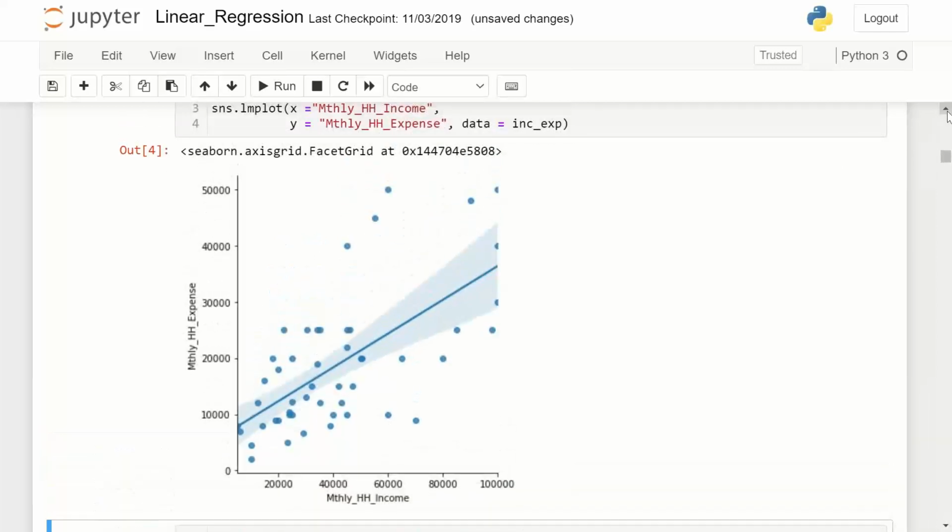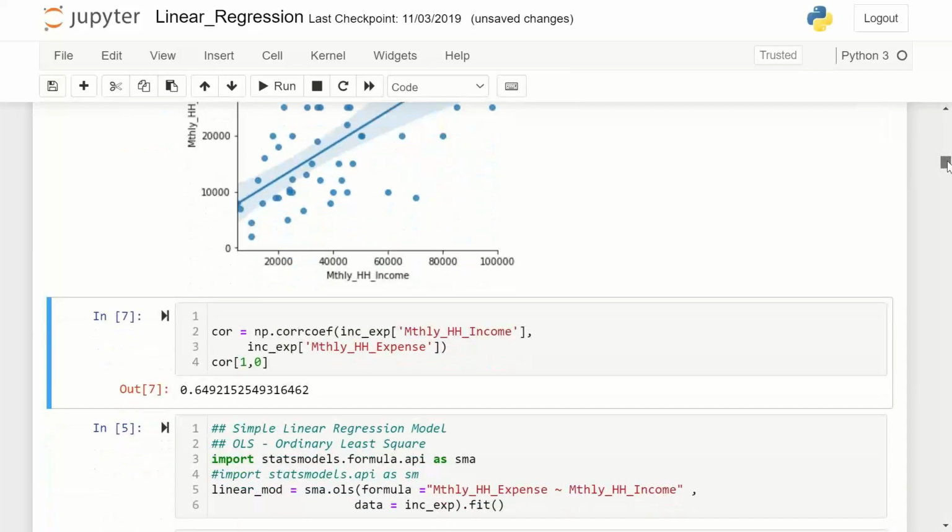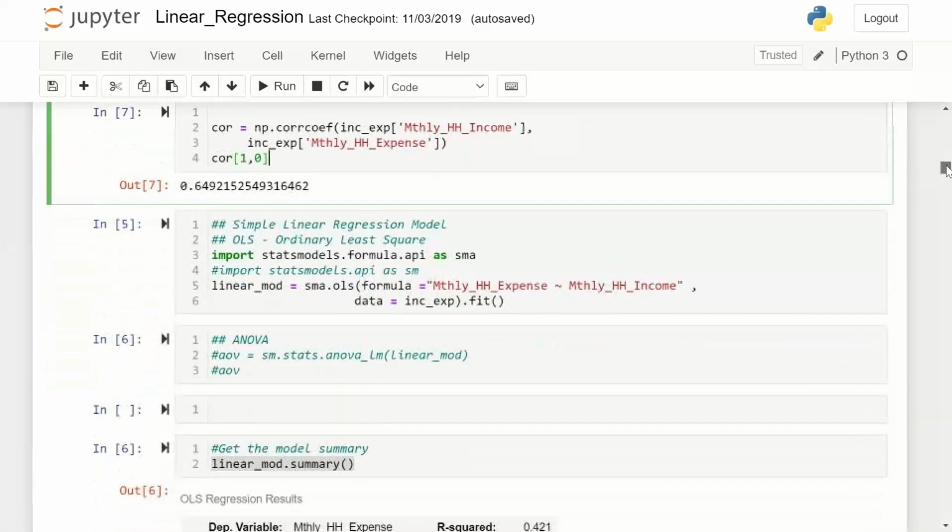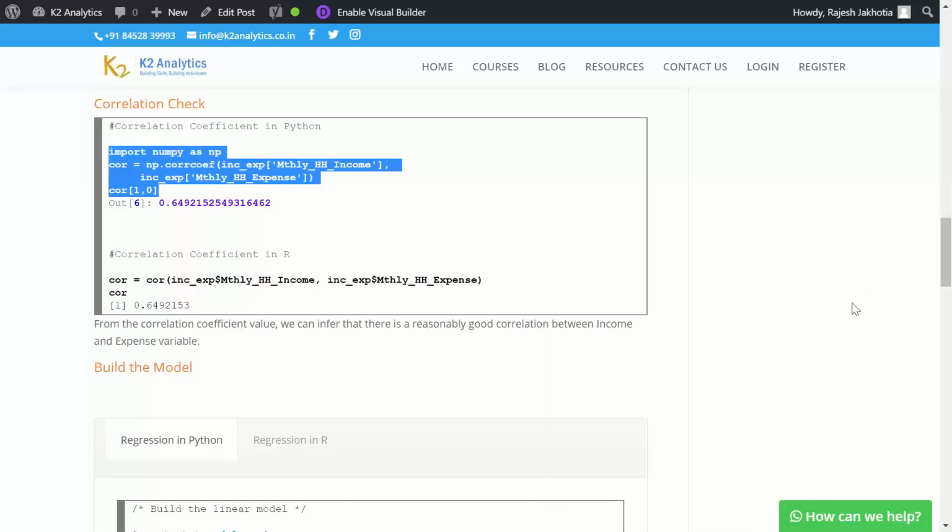The point is, a scatter plot gives you a visual feel of the relationship between the dependent and independent variables. If you want to quantify how strong the linear relation between x and y is, the strength of linear relation is measured by correlation, and this is the correlation part. So here we can see there is a fairly high degree of correlation and it is 0.65. So very decently good correlation. Okay, having executed that, let's come back.